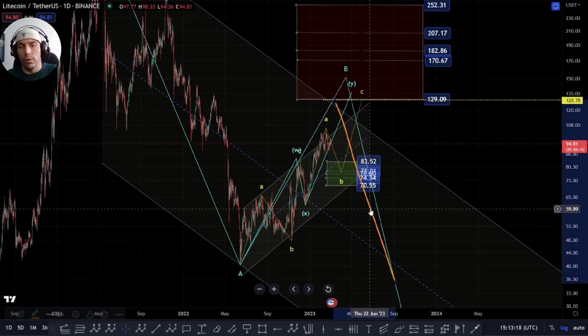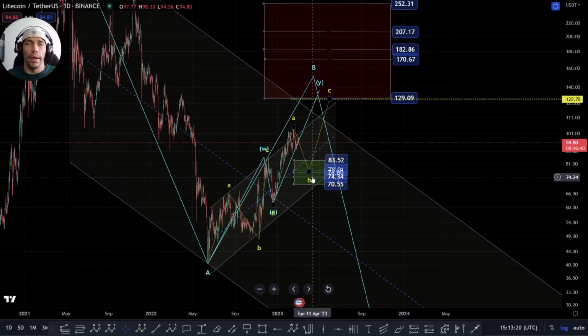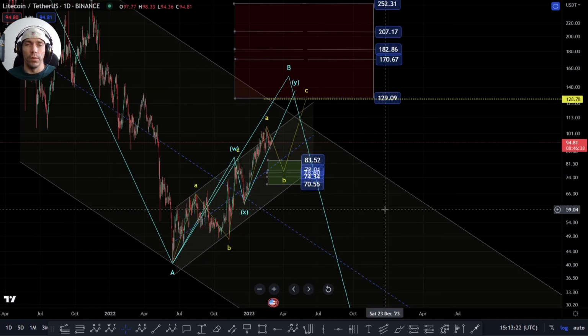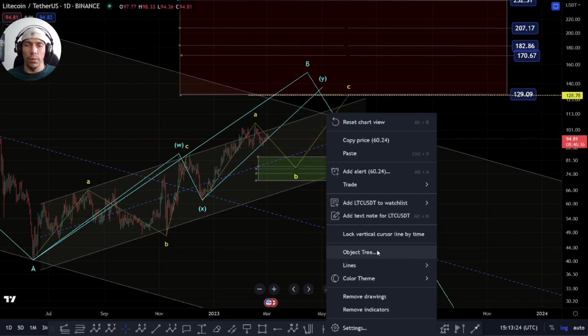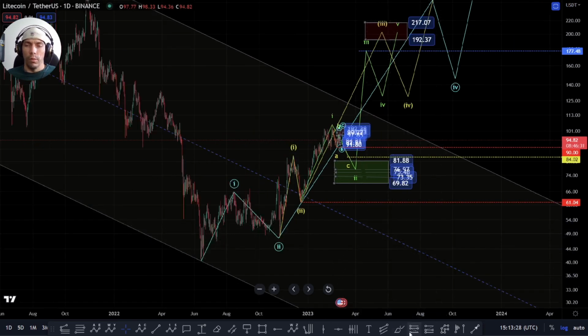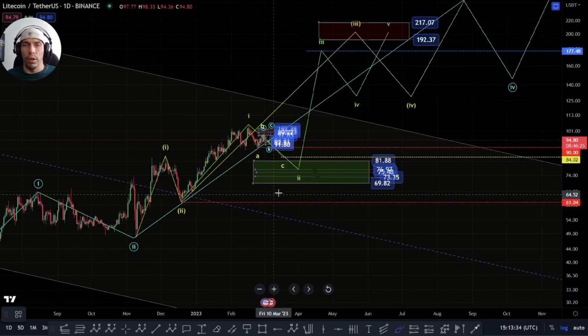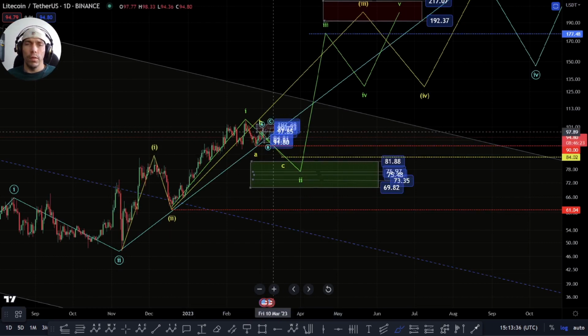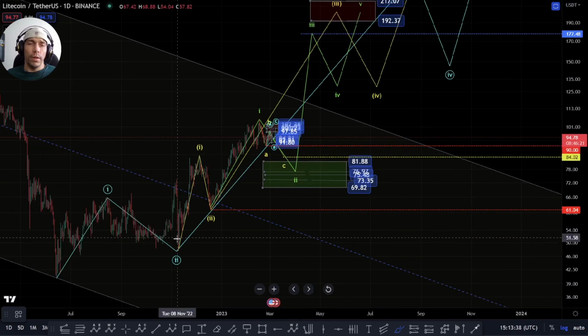So it's going to be important to see the correct structure play out if we're looking for that impulsive move. Basically, that impulsive move, looking for that bullish aspect, would be looking at this move like this, where we have a series of ones and twos within here, where this would be 1 2 1 2 1 2, and then we'd actually look for this bigger push to the upside. So we'll go over the subwave counting within this, but effectively, we'd be looking at this as a sequence of